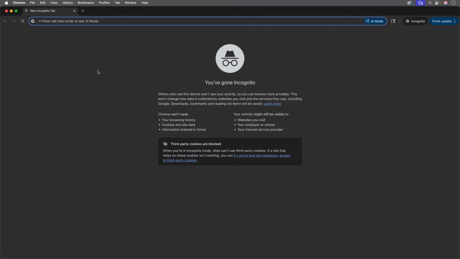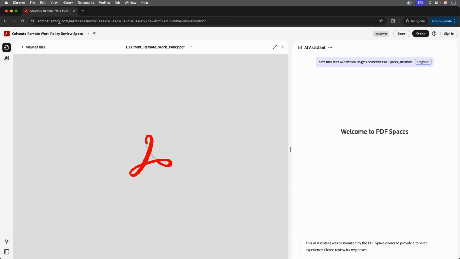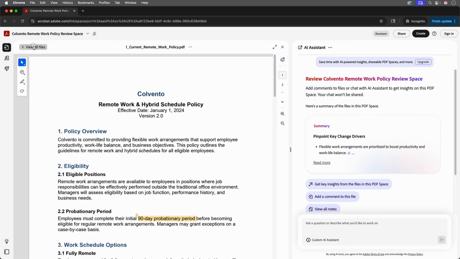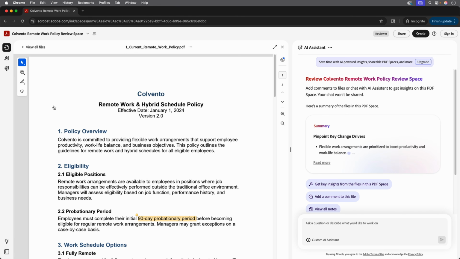And now I'll open another browser where I'm not logged into an Adobe account. In fact, I'm opening an incognito tab here, and I'll paste in that address. And here's the shared PDF space, complete with that file and the notes. So sharing a link this way doesn't require the recipient to have an Acrobat subscription to access the space, or view the files, or interact with AI Assistant. With just the link, they can view the files,